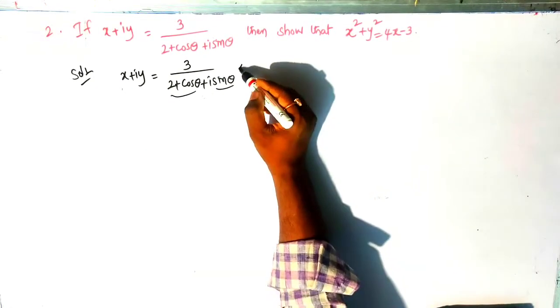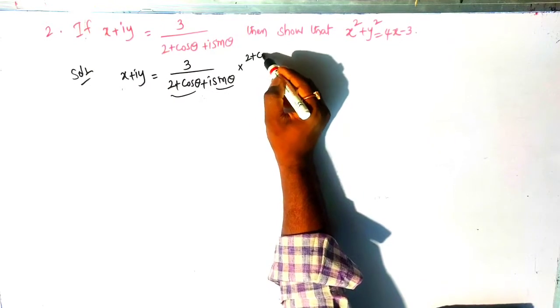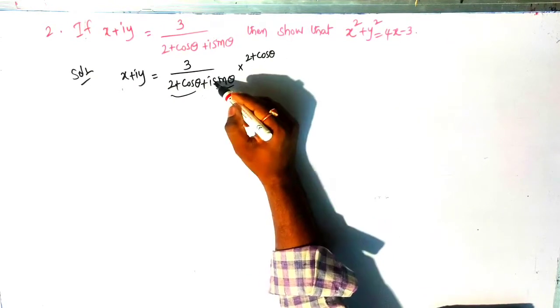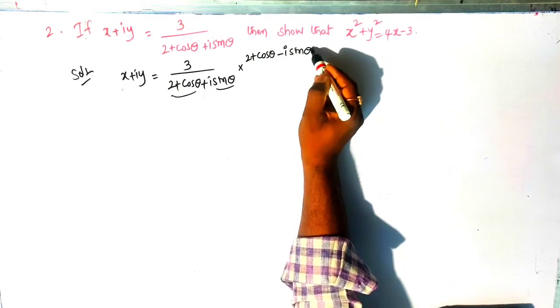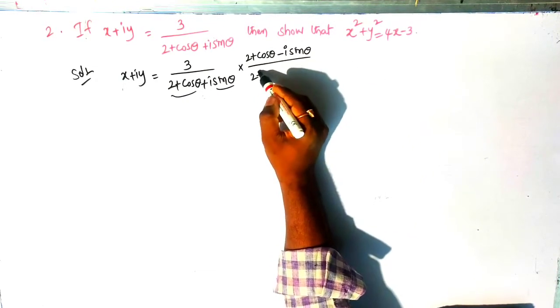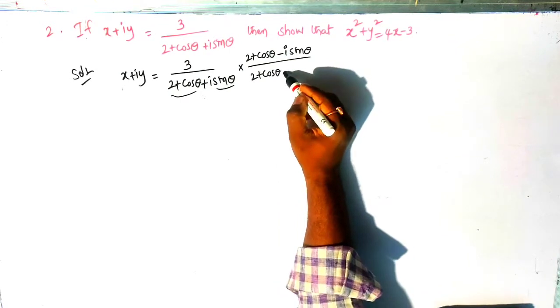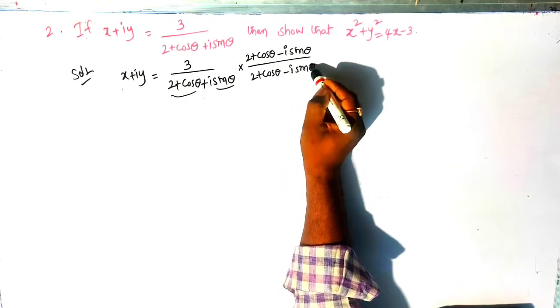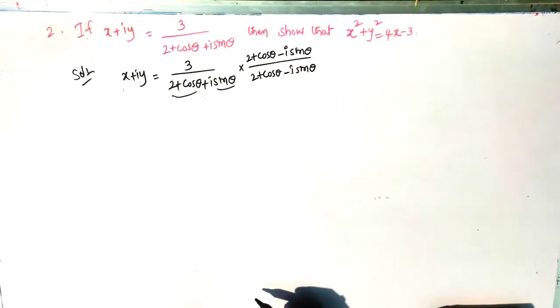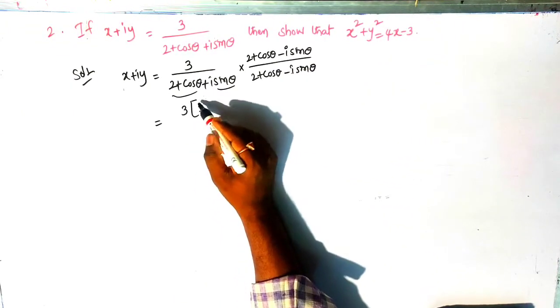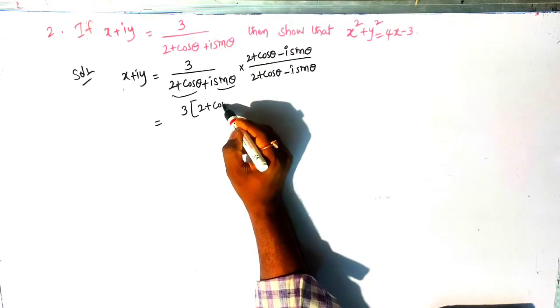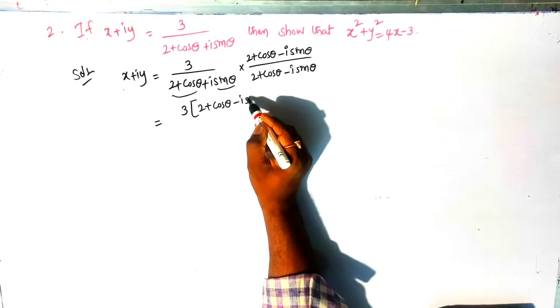Clear? So by using rationalization, how to take here: 2 plus cos theta. The imaginary part is plus i sin theta, so we multiply with minus i sin theta. So 2 plus cos theta minus i sin theta. Okay. So now we get here 3 of 2 plus cos theta minus i sin theta